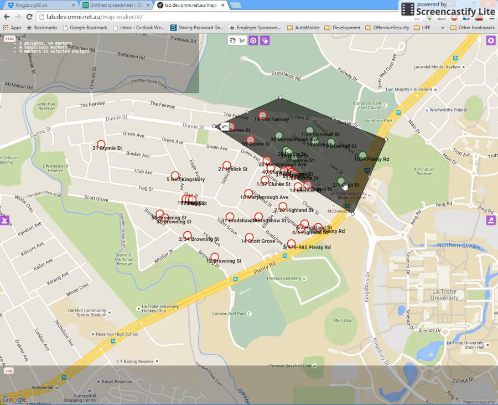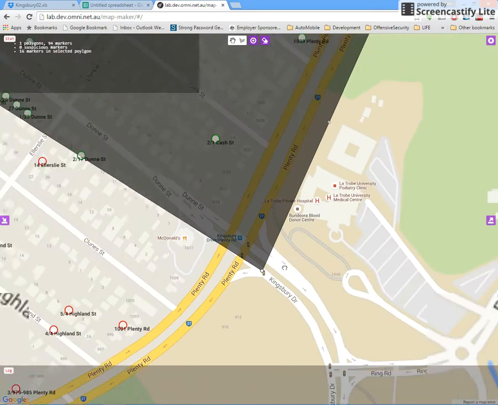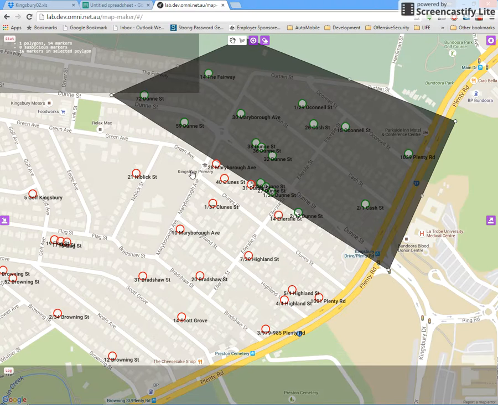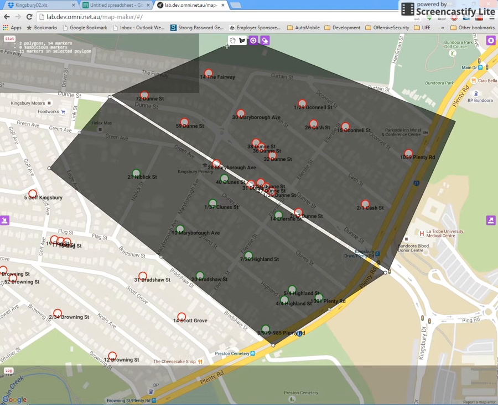Then 16 markers. Yep, you got it. So here is 16 markers, and next we create another polygon. Let's see, it's 11, so we want to add more.